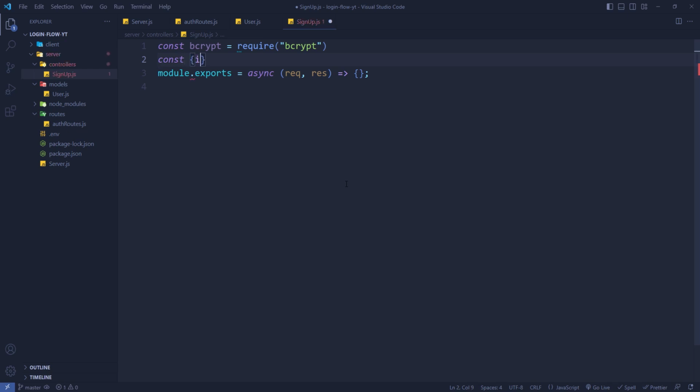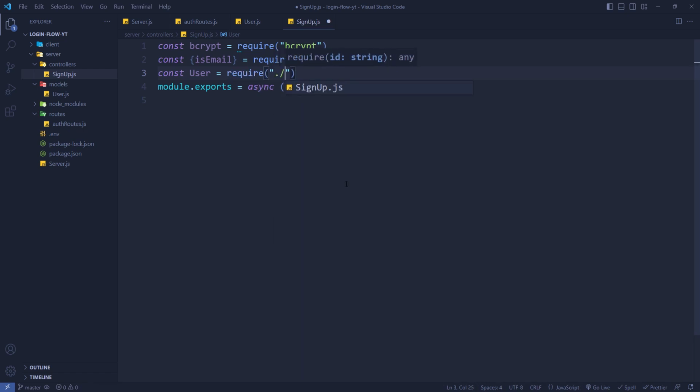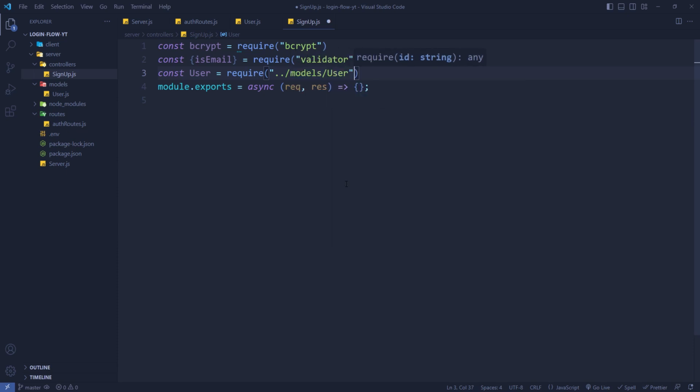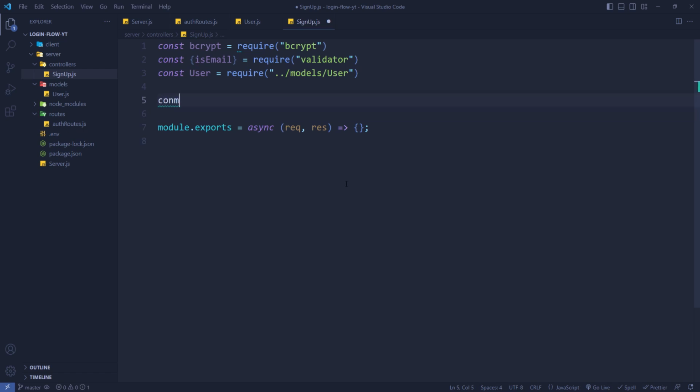Const isEmail equals require validator. Const User equals require models/user. Okay guys, these are the imports, and then we will do const